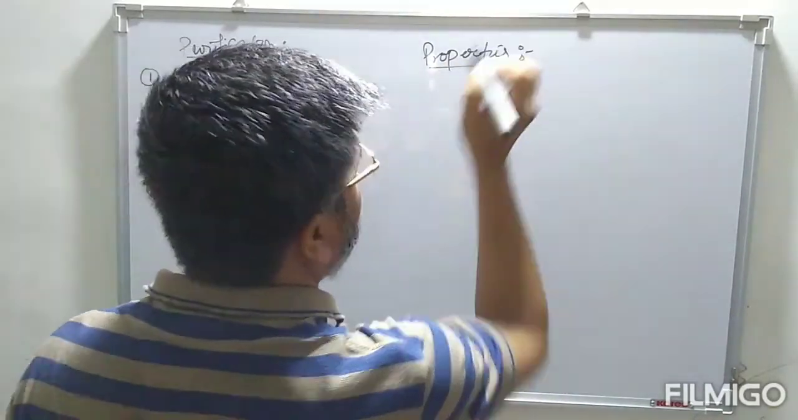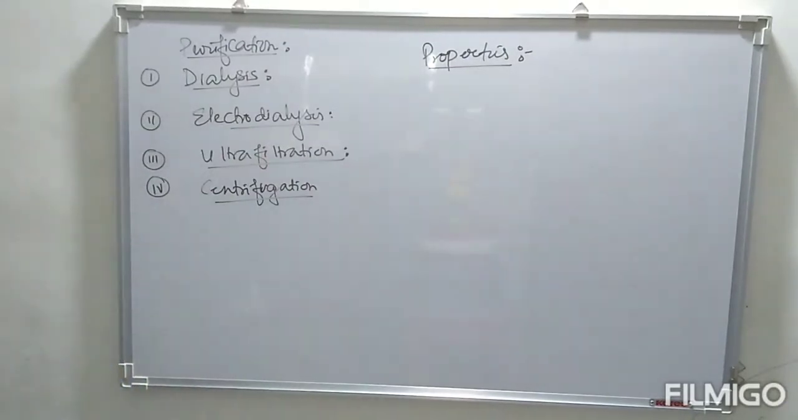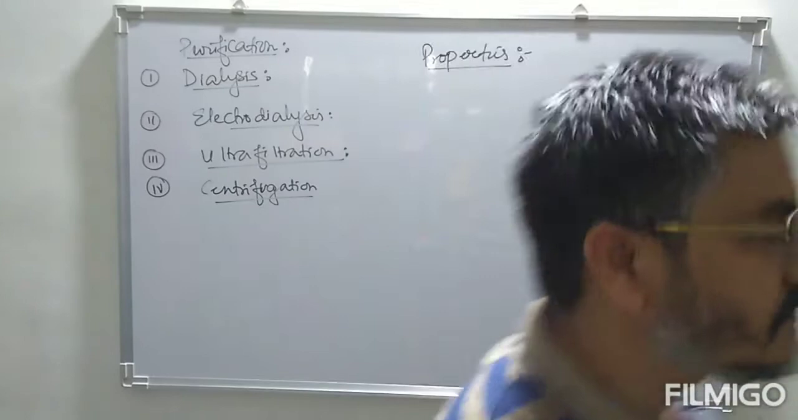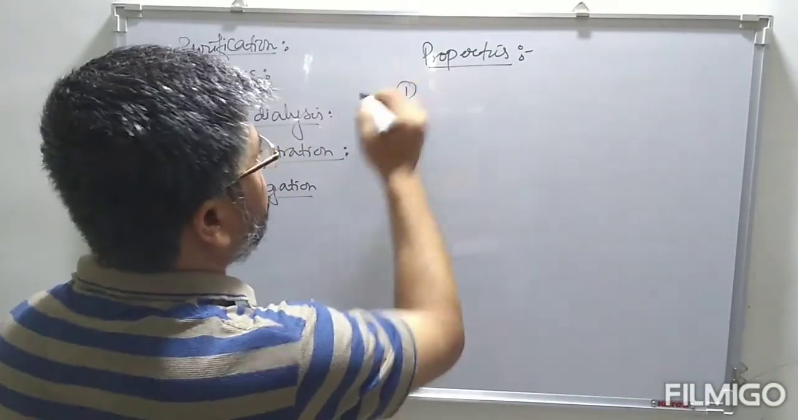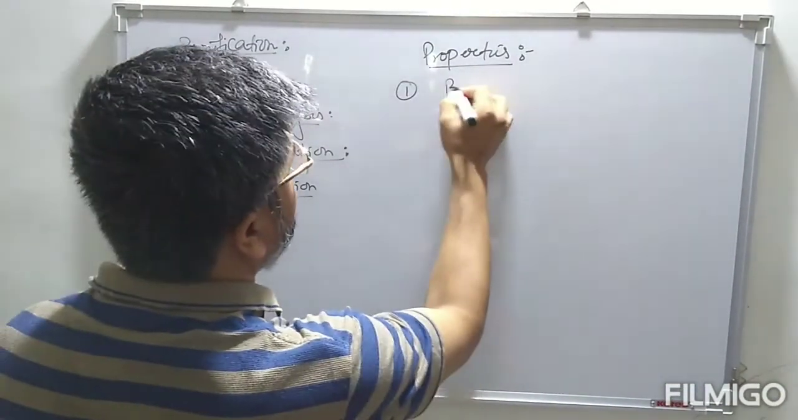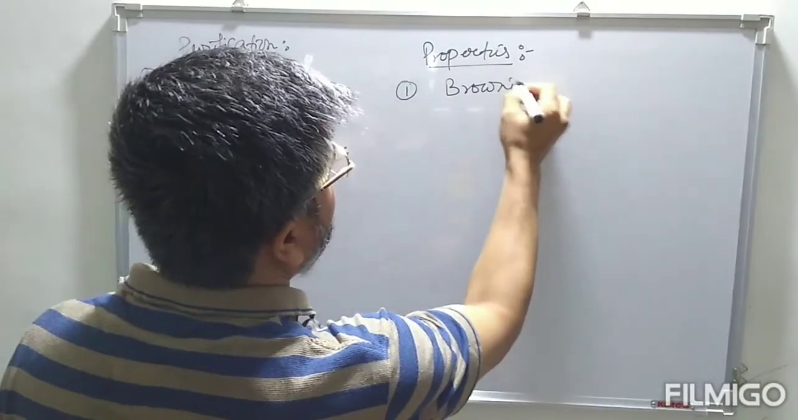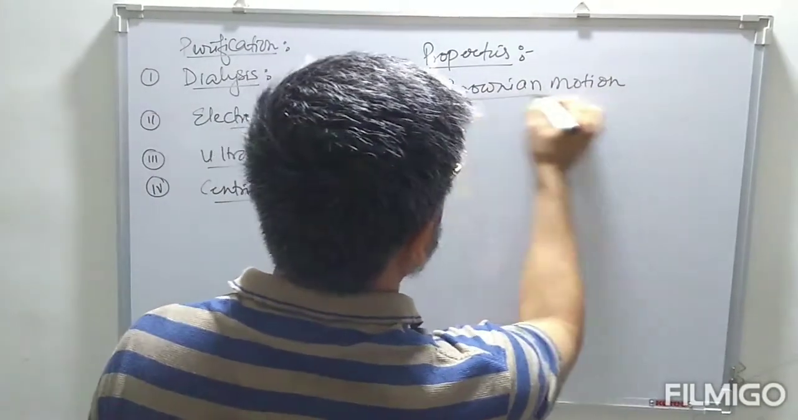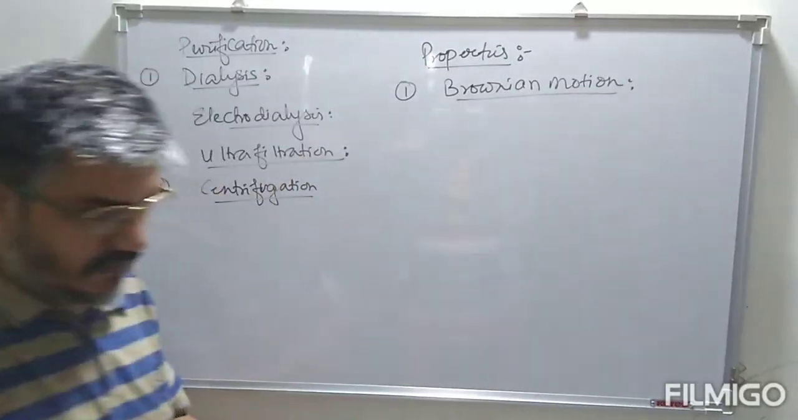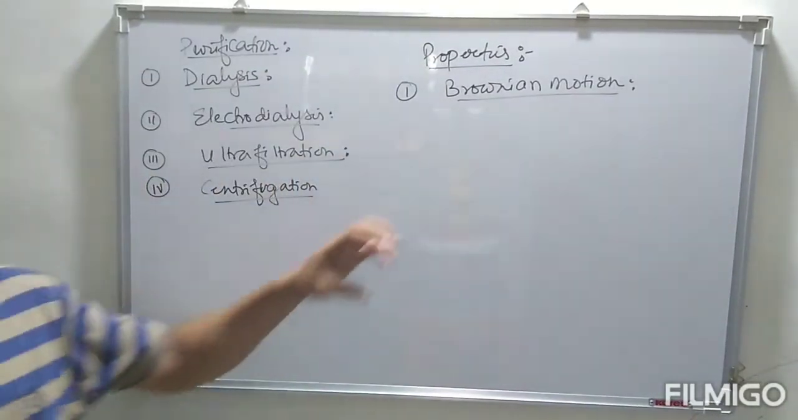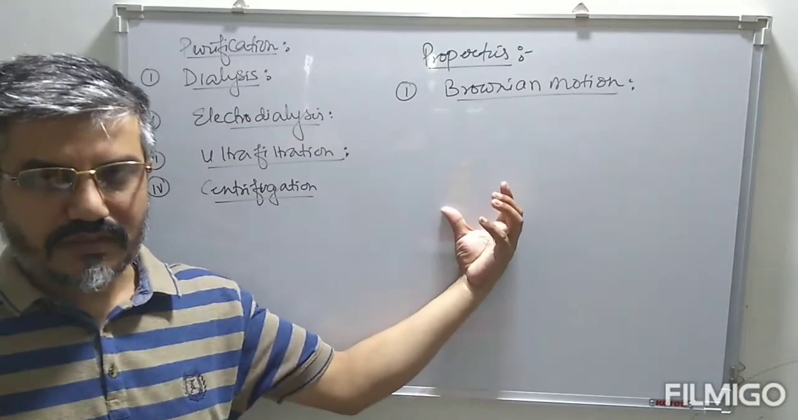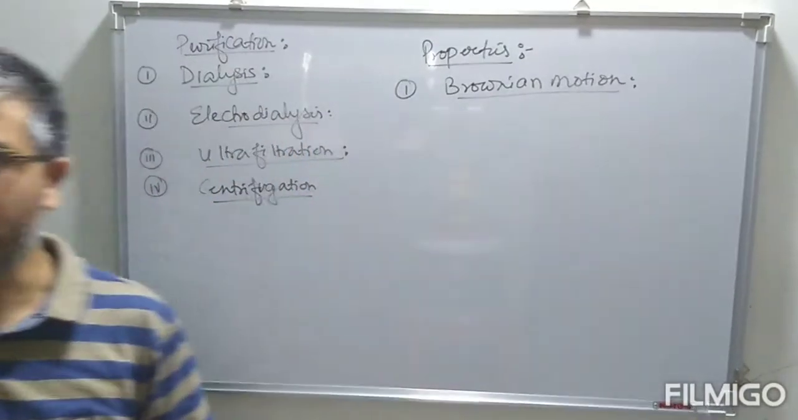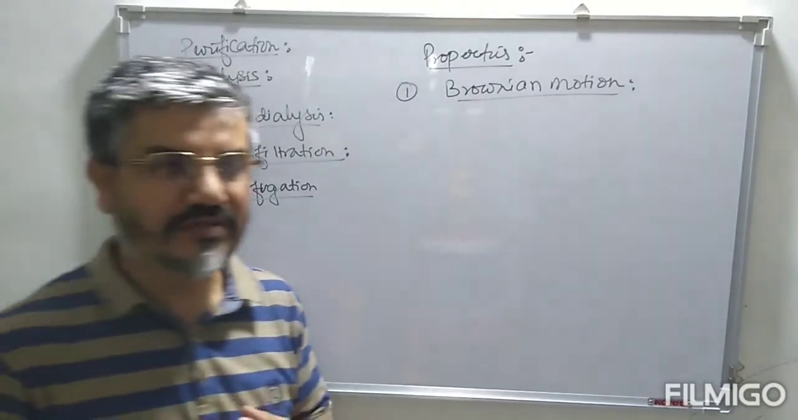Properties of colloidal solution. We'll discuss some specific properties of colloidal solution. First property is Brownian motion. So when we observe the colloidal solution by use of an ultramicroscope, the particles of colloidal solution were